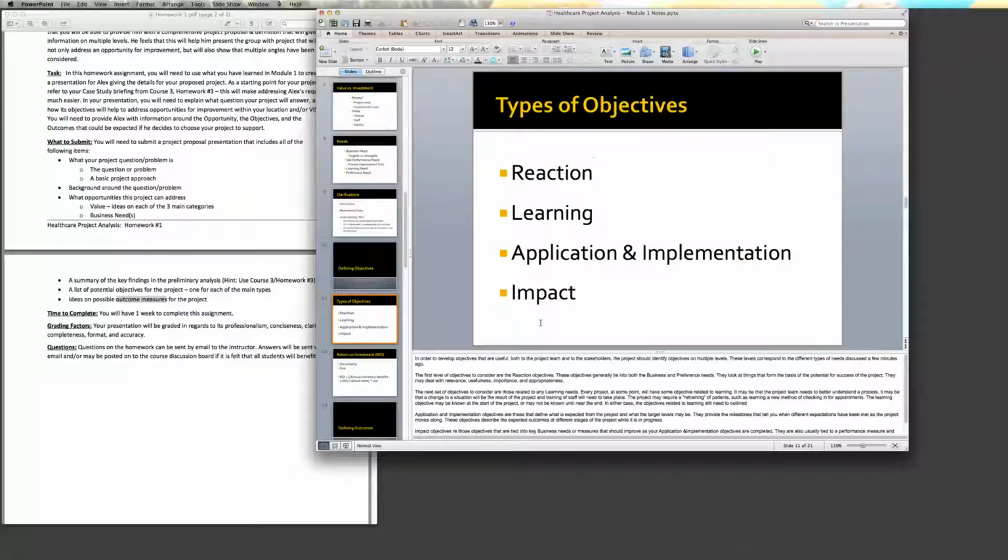So, and then the impact ones are usually, a lot of times, tied to some of your metrics. So the impact objectives a lot of times tie into metrics. Impact objectives might be decreasing the wait. We want to have a decreased wait time by 50% by the end of quarter 2 for fiscal year 19. Or, for example, we want to have an improvement